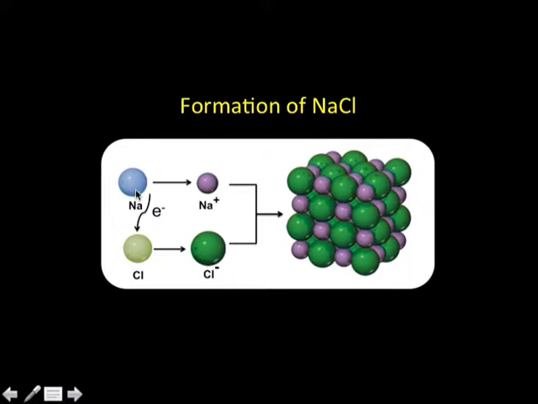And this whole process, if we look at a larger scale, we can represent in the following way. We have a sodium atom which transfers an electron to a chlorine atom, the chlorine atom becomes chloride ion and sodium becomes sodium ion, and then a large number of these sodium and chloride ions put together form a crystal of this kind. This is the formation of NaCl, and the energy released in this process is referred to as lattice energy, because essentially from the ions we are getting a lattice here.